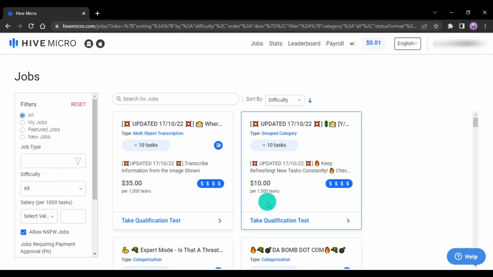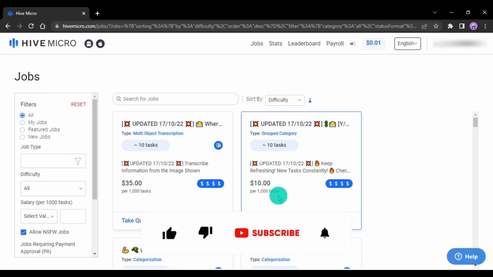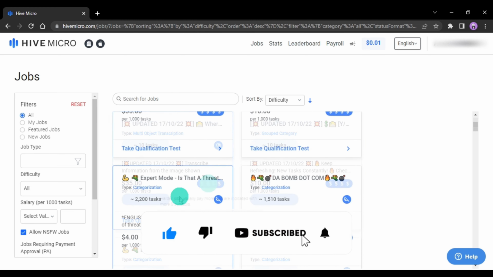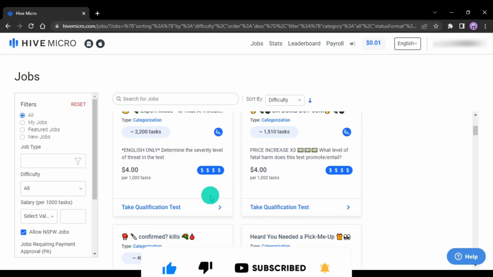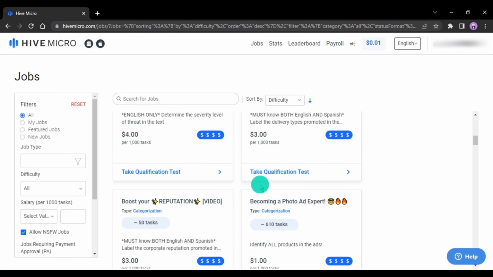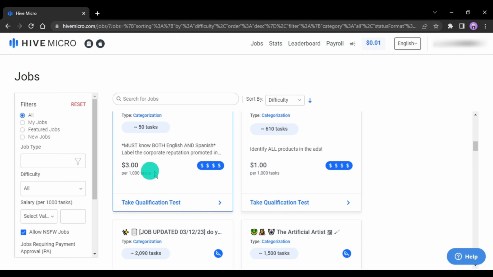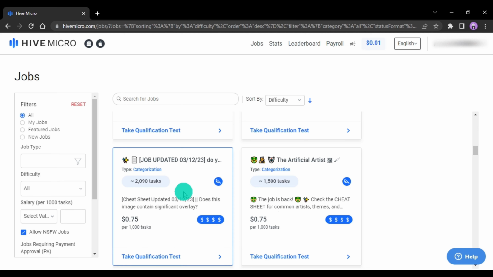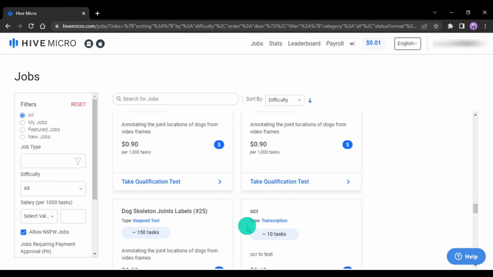And then we have another one here too, which pays $10, and with this also you would have to complete 1,000 tasks to earn $10. So I think the 1,000 tasks is a standard for all the tasks available. So you would have to complete 1,000 tasks to earn the amount stated on each HIT or each task. But as I said earlier, the fact that you would have to complete 1,000 doesn't mean that if you complete 200 or 300 or 400 you're not going to get paid. You're going to get paid an amount which is relative to the total number of tasks you've completed. So there are quite a number of tasks available to work on